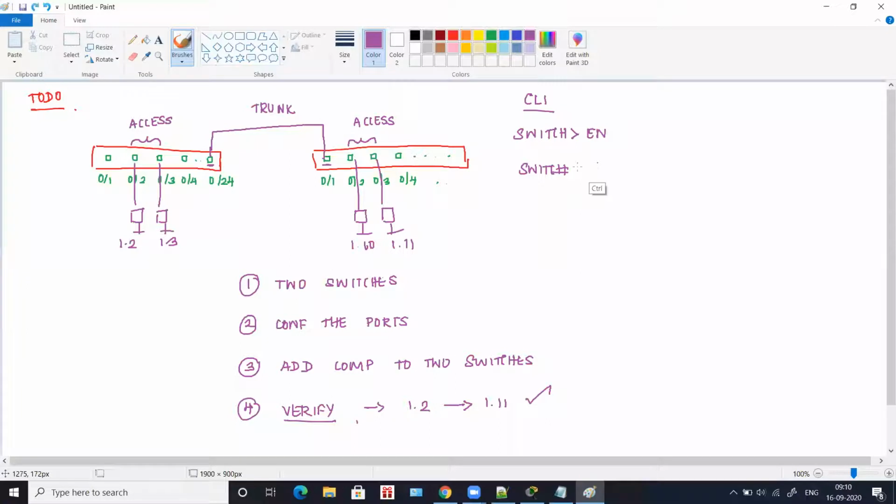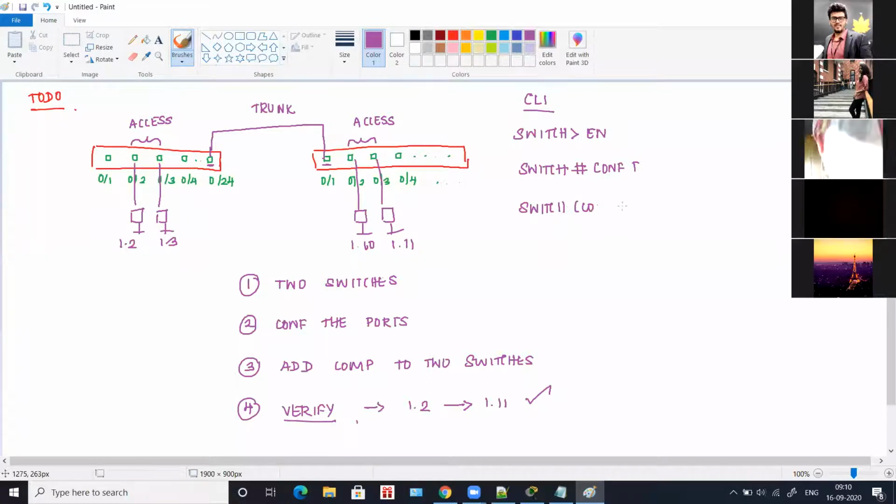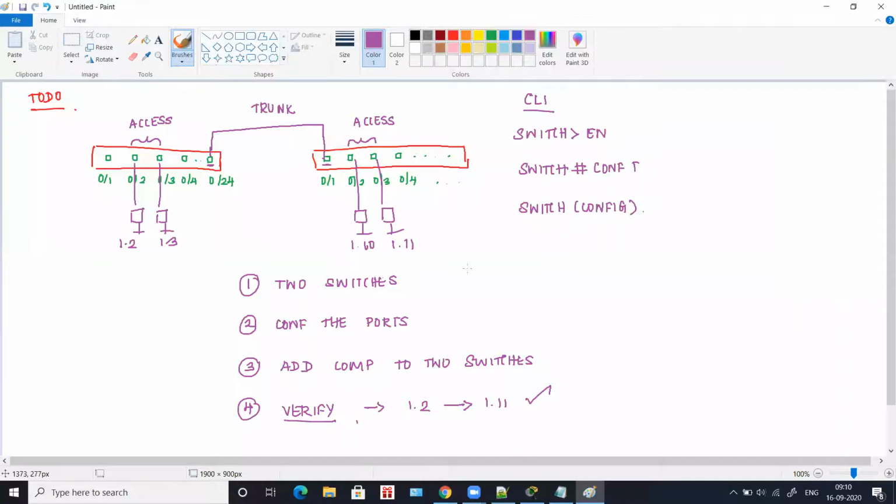Sorry, it's H. So the switch will go to privilege mode, and from privilege mode you have to go to configure terminal. And once you enter into this configuration terminal mode, inside it you're going to assign the port names for these ports.